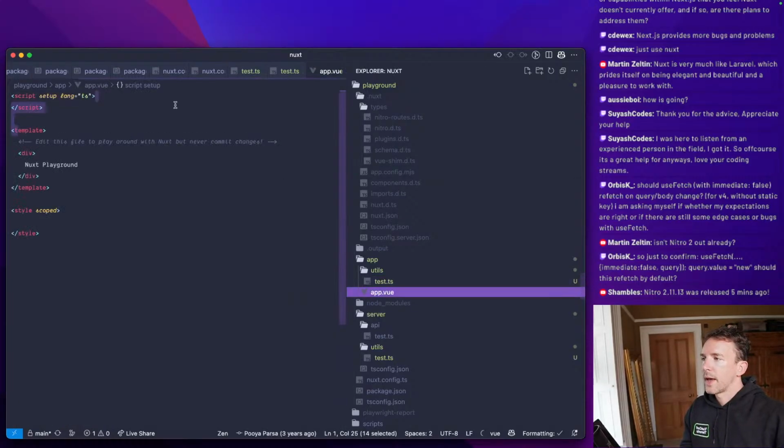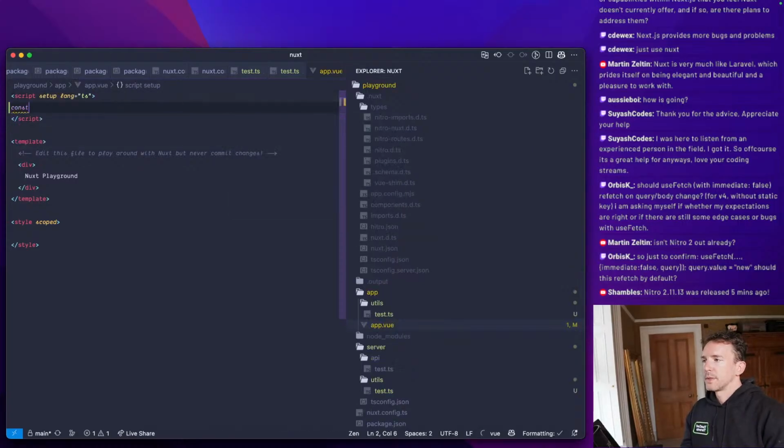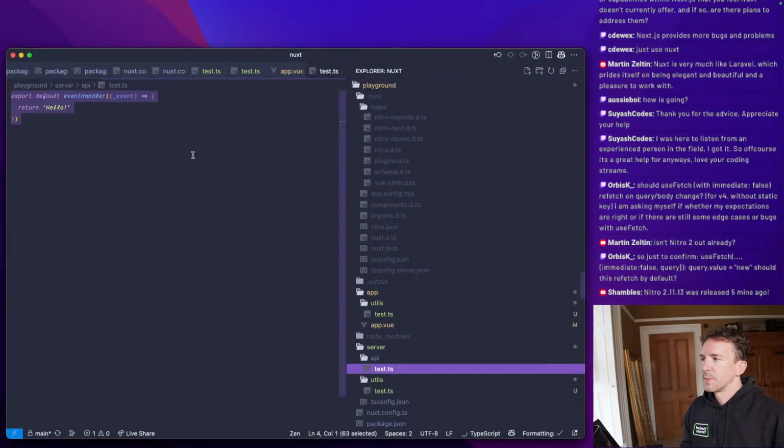So in our app, we should be able to say const doSomething 34, and then in our server we should be able to say doSomething 34. Now that's